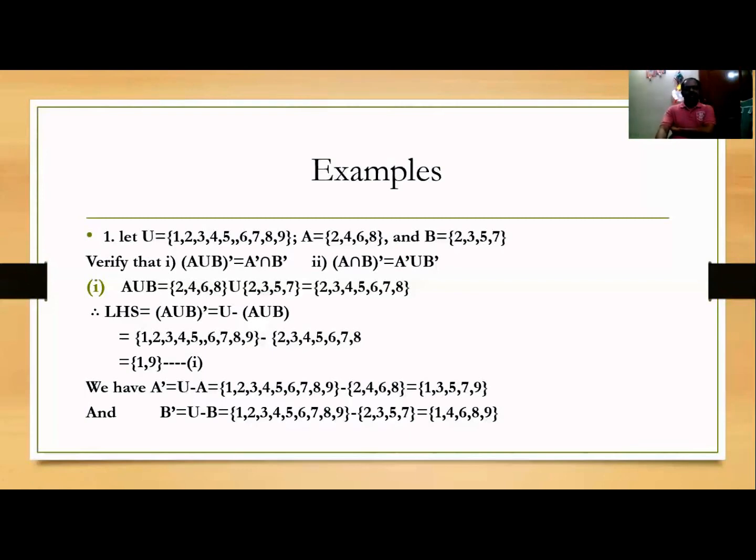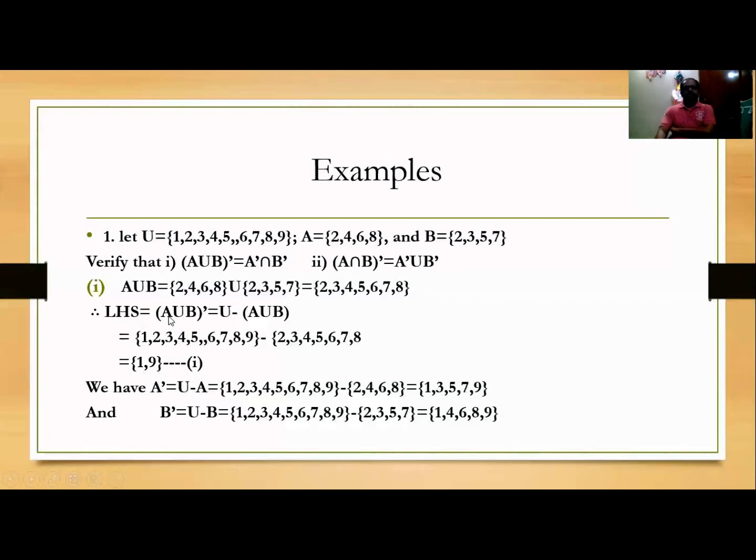So first check which are the elements in U which are present in the set A union B. If we see, 2, 3, 4, 5, 6, 7 and 8, these are the elements which are present in the set itself, that is in the second set. Actually here the curly bracket should be there. So 2, 3, 4, 5, 6, 7, 8 can be deleted from the set U and just write down the remaining elements. What are the remaining elements? We are left with only 1 and 9, right? So that gives us the set containing numbers 1, 9.